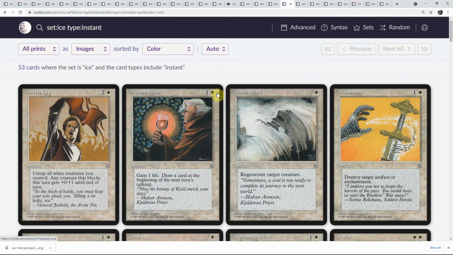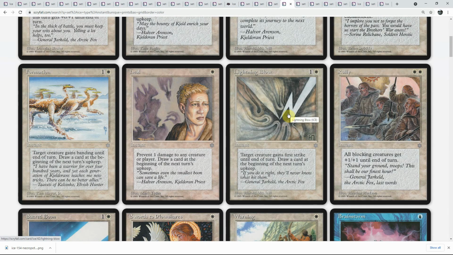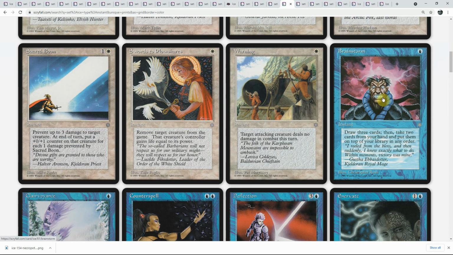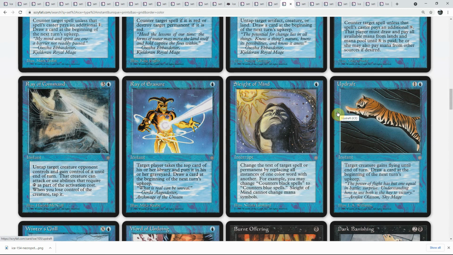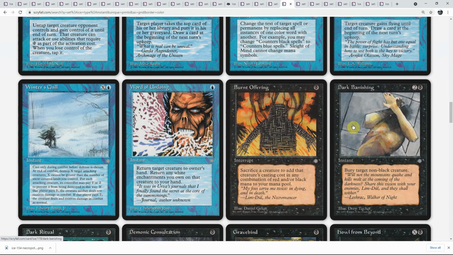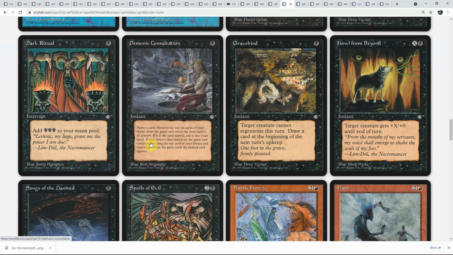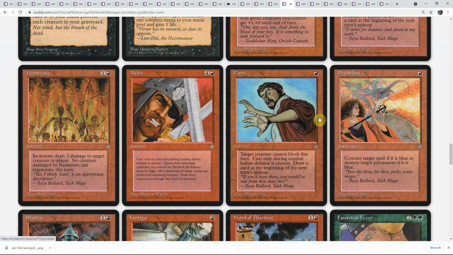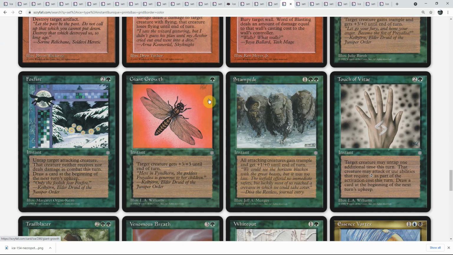Okay, 53 instants. Disenchant is in the set. And we've got things like Heal and Swords to Plowshares and Brainstorm and Counterspell, and I'm sure if you've played Magic a while, Ray of Erasure, you'll recognise a lot of these. Dark Banishing, Dark Ritual, Howl from Beyond. We've got Incinerate, things like Pyroblast, Shatter, Giant Growth,